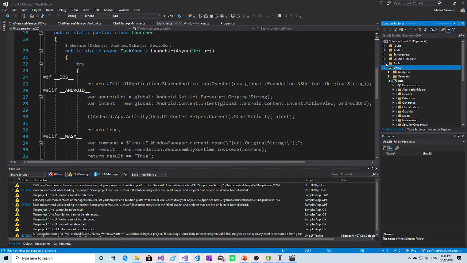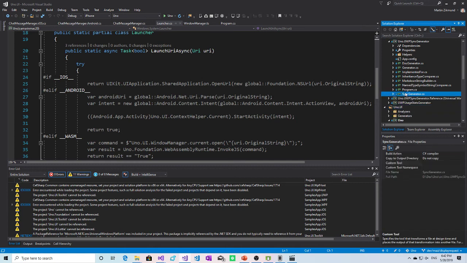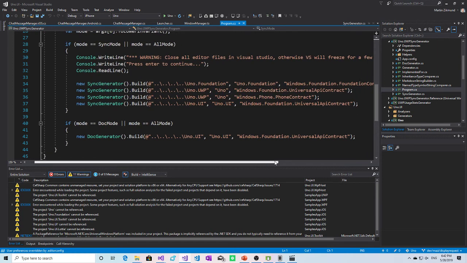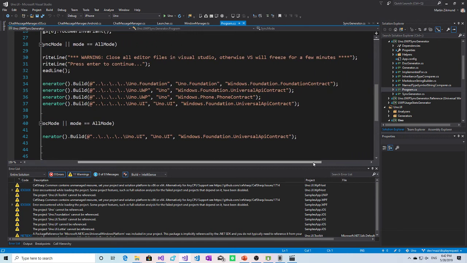To make sure that all the interfaces and classes are available in Uno, the team has built a UWP synthesizer generator, which is a console application which takes as input the Windows API contracts and checks if those are implemented in Uno, and if not, the tool generates a stub class which contains not implemented markup for all those classes which are not yet implemented.